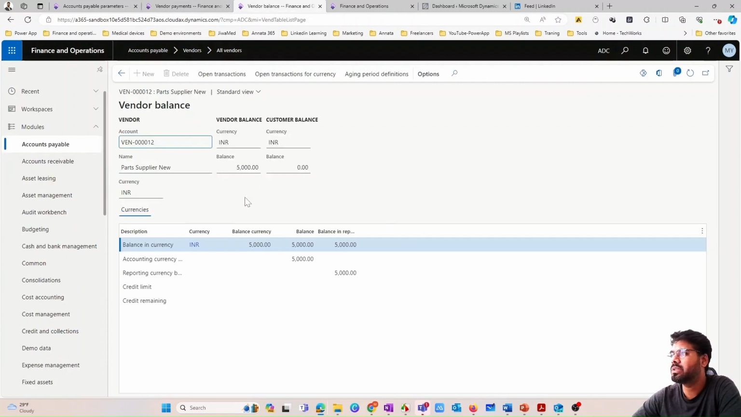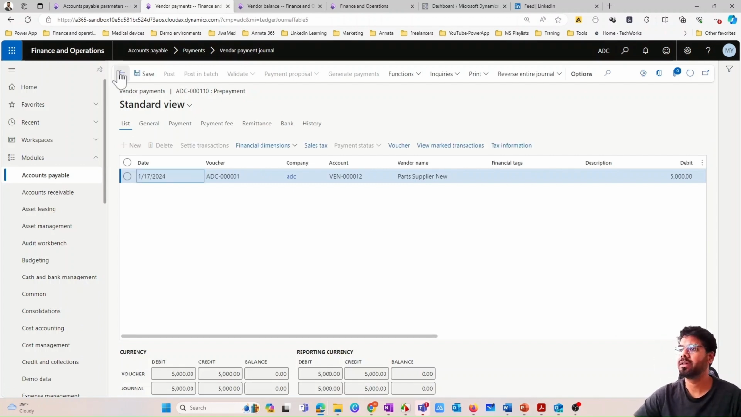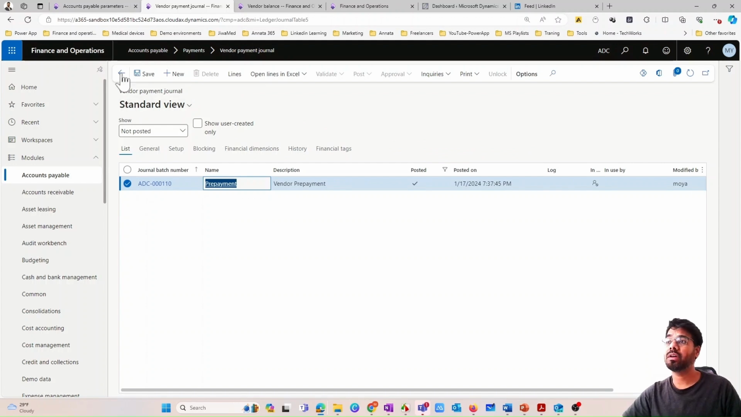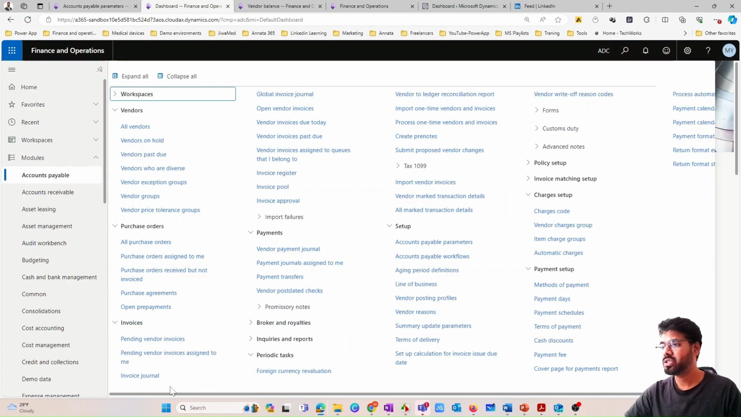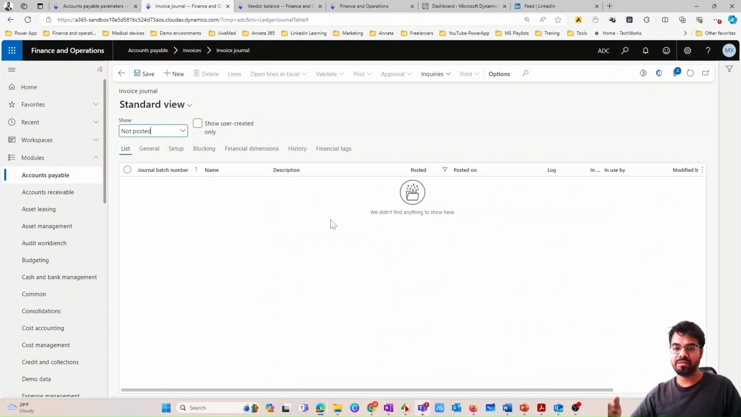So you will also see that is the transaction here within the vendor. So now we posted the prepayment successfully. So now let us go ahead and invoice the customer and try to consume this prepayment and see what happens. So now let's say that I received an invoice from the vendor,